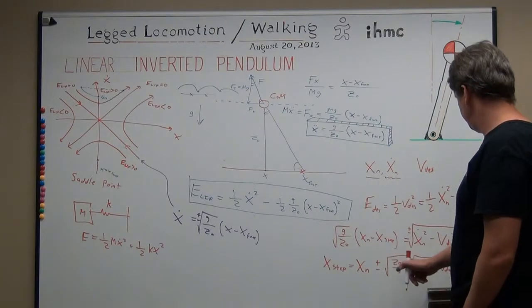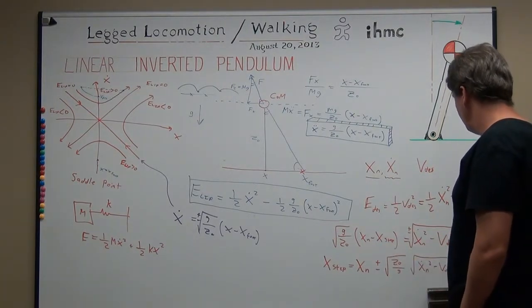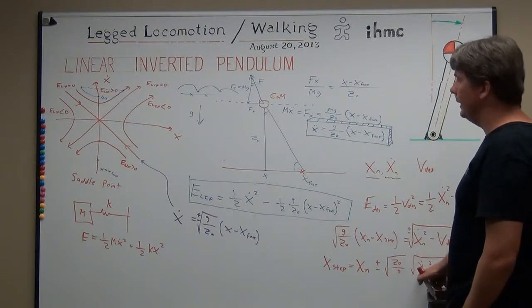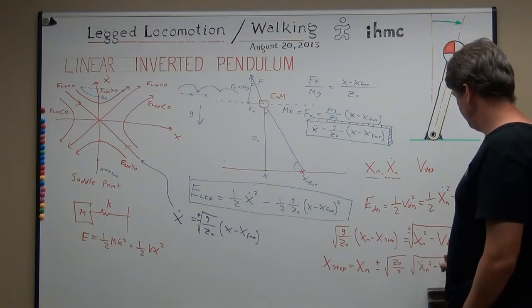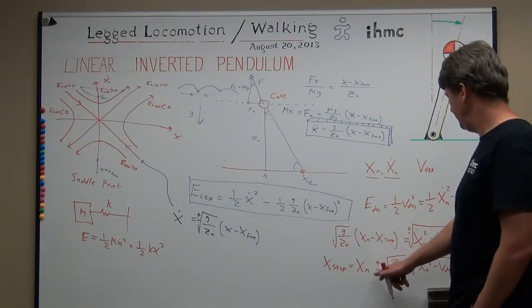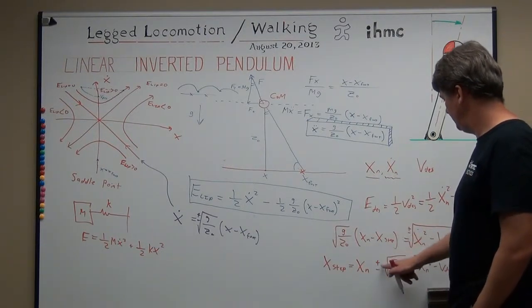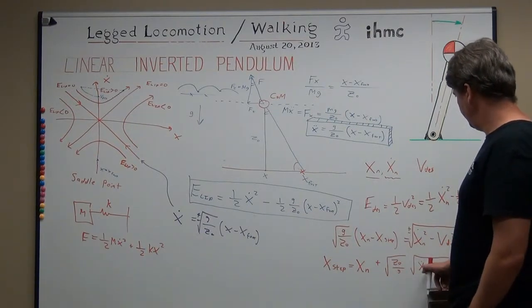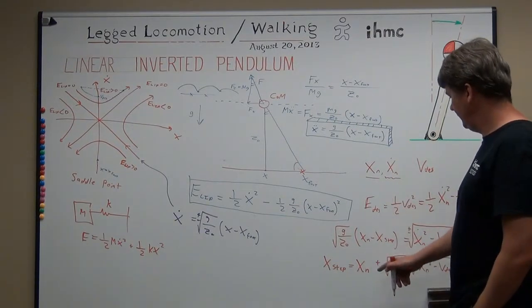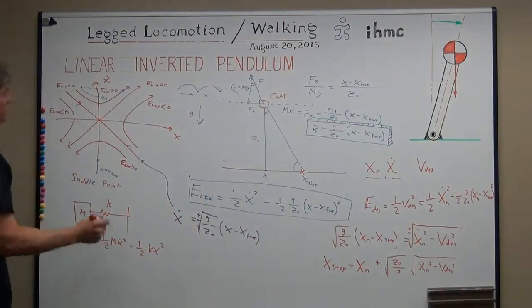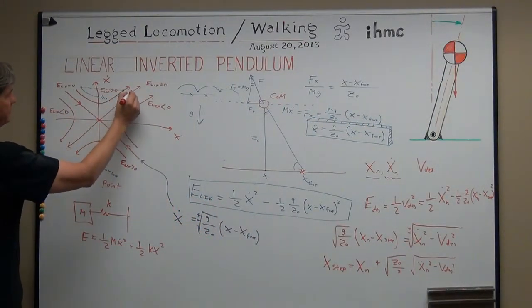And the plus or minus there. Okay, so x dot n is greater than v desired, so this is going to be positive. X step is going to be where your center of mass is, plus, right? Assuming x dot n is positive, then you're going to want to step in front. So the reason there's two solutions is you could solve for either this point,